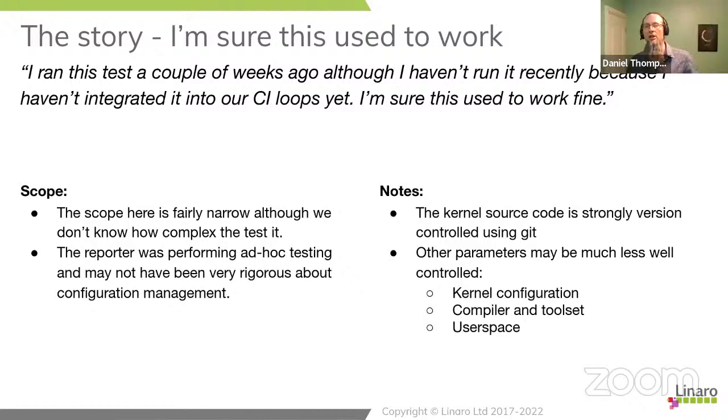management. What I mean by that is the kernel source is usually fairly strongly controlled. We kind of expect to have Git, and we've usually got people who've got quite good working practices in Git. Things they might not have controlled quite so carefully are the kernel configuration. It's quite common to turn on a couple of extra pieces in your kconfig and then not find out that there were associated regressions until a couple of weeks later.